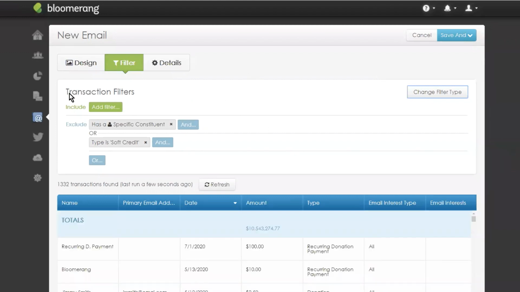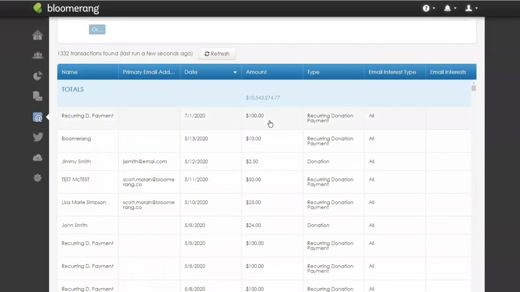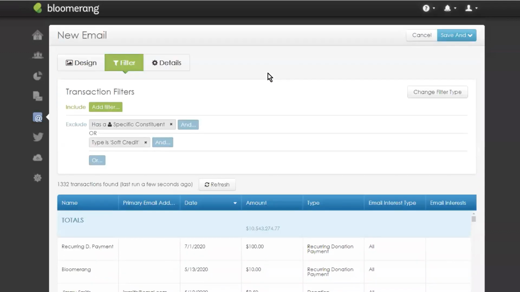And so now we'll see I have transaction filters here. And notice I have a whole list of all the transactions in my database. So I don't need to filter this. Again, when someone submits a donation through an online form, it'll just go directly to them and acknowledge that particular